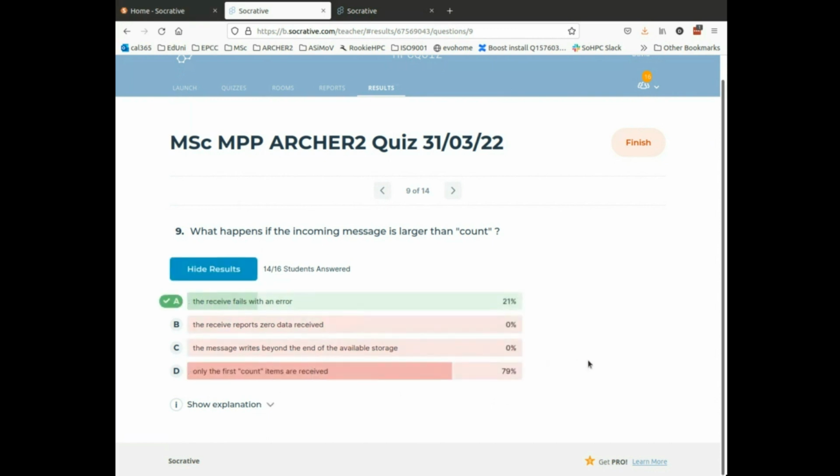So results. Okay, this is very interesting. This is pretty much the first one where more people have got it wrong than right, although it's not obvious. So it's actually A, the receive fails with an error. Now that's very interesting because D seems like a perfectly reasonable answer. So the reason why